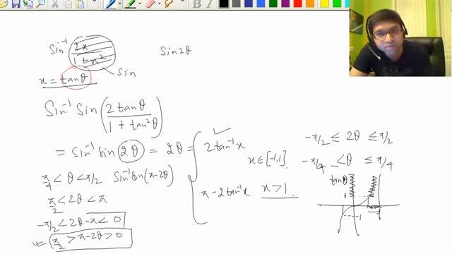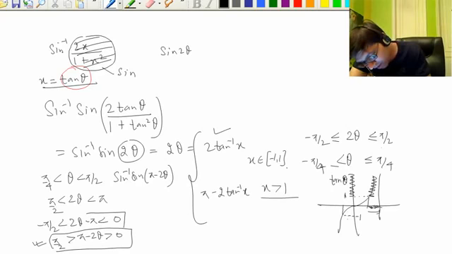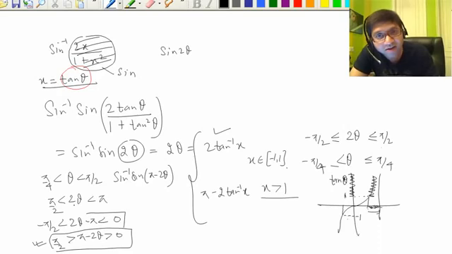But if x is greater than 1, then we have to do the mapping again, but from x to theta side. X greater than 1 from the graph means tan theta is more than 1, theta goes from pi by 4 to pi by 2, 2 theta goes from pi by 2 to pi, which is not the principal value branch. We will have to bring it back, subtract pi, or else do it like this, it's the same thing.